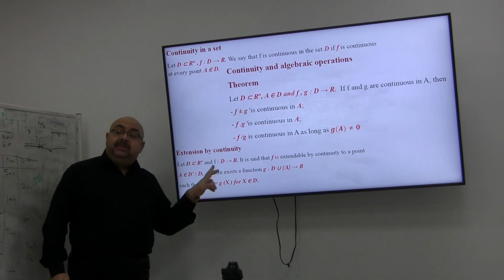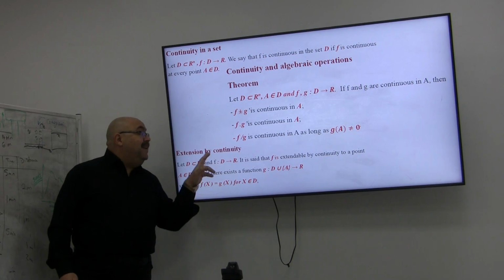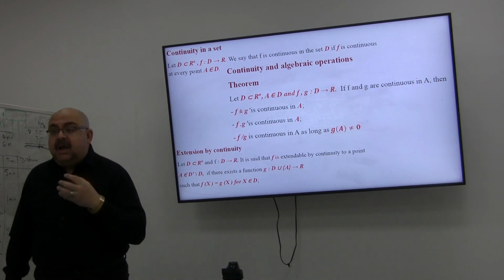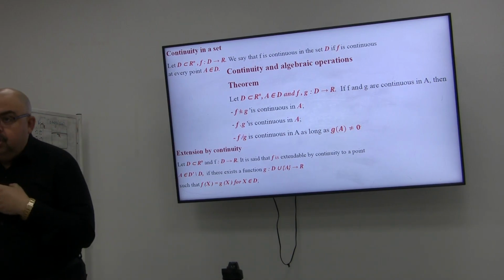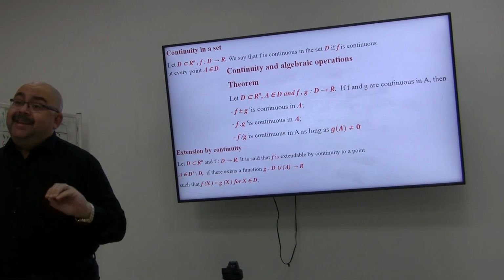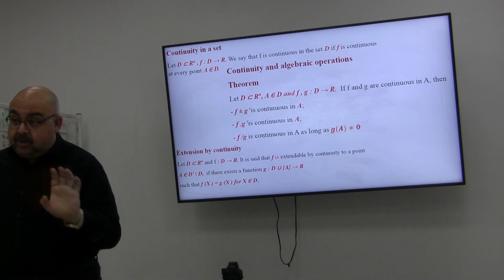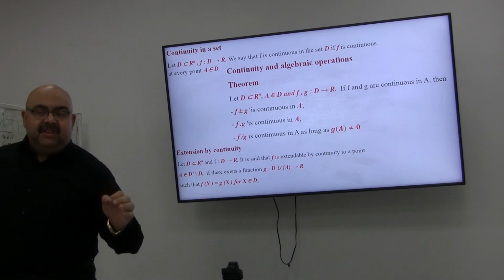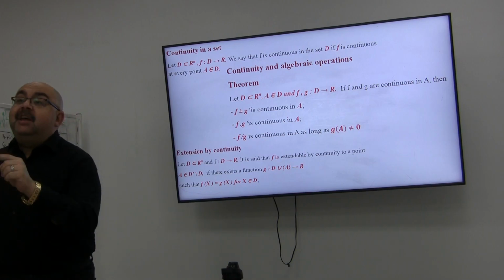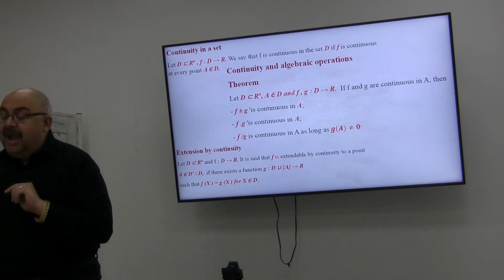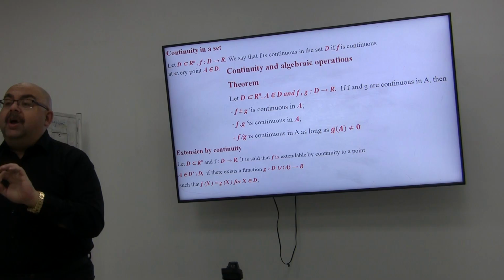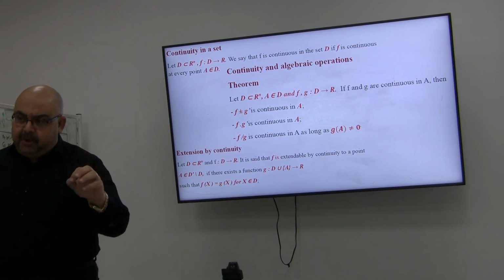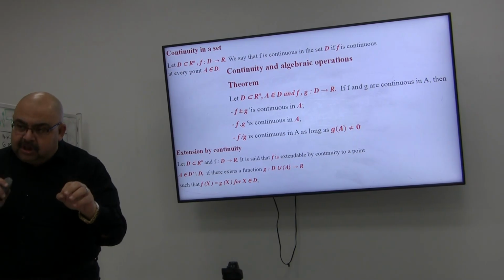This part is important, Ms. Fatin. This is an extension of continuity. In some cases, I would find the function, but for this function the limit doesn't exist. Or, I'm sorry, the value of the function at this point is not defined, but I can find the limit. And the limit exists. So I can generate a new function at this point, putting a condition to make